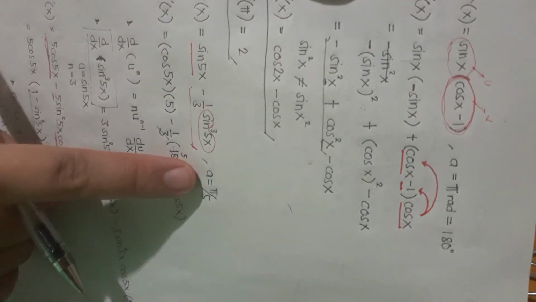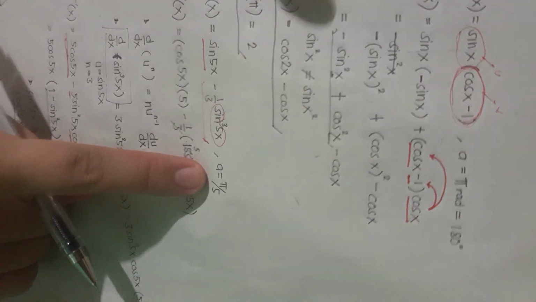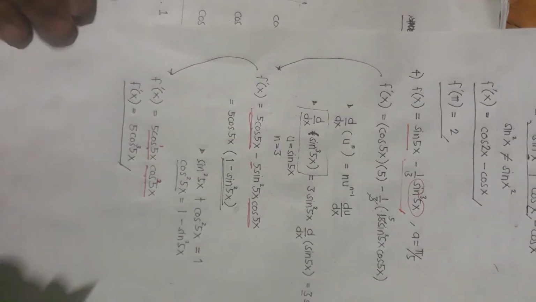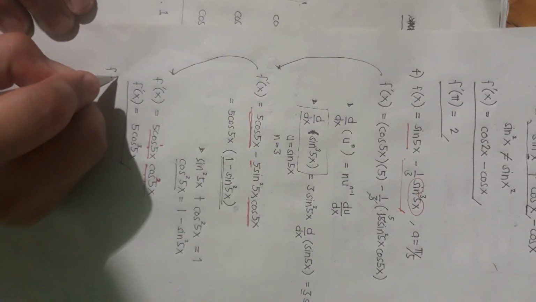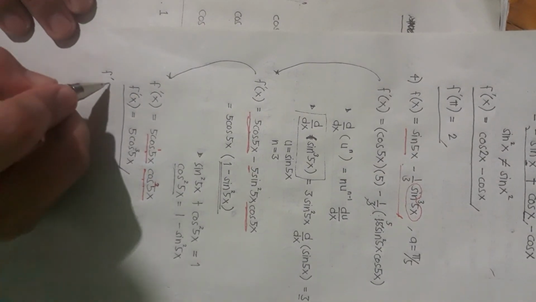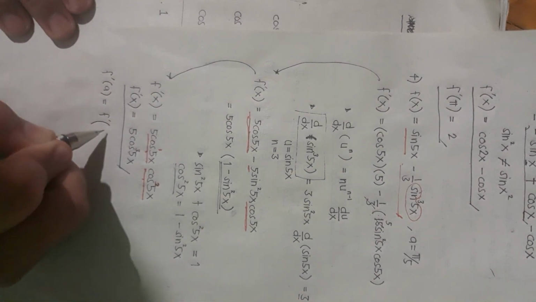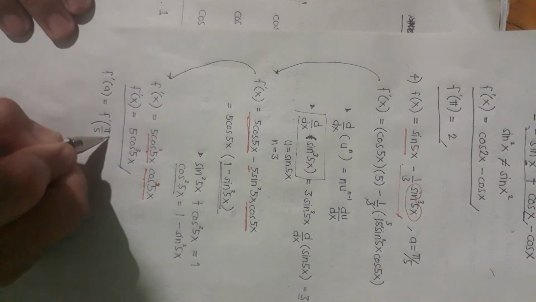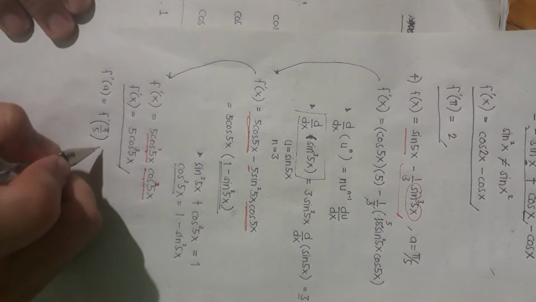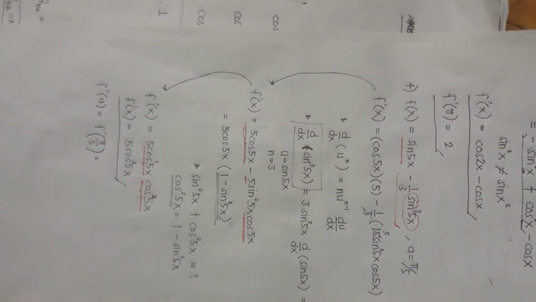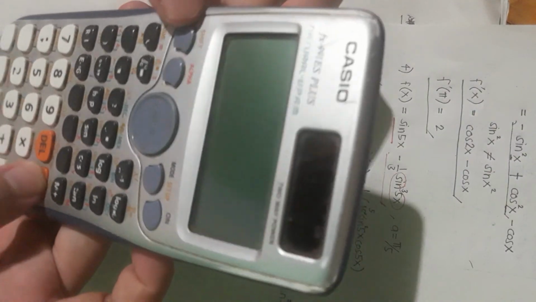What if we are to get f prime of a? So f prime of a, and a is given to be equal to pi over 5. We'll just use the calculator. We'll have